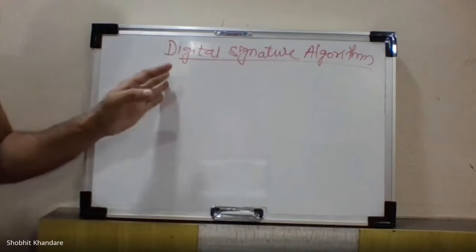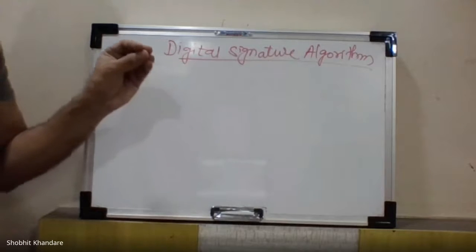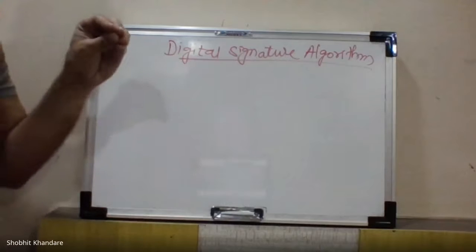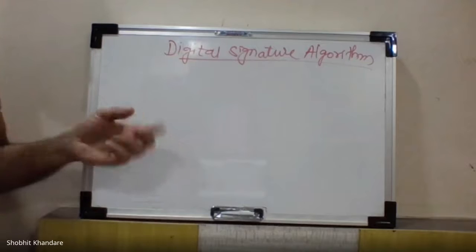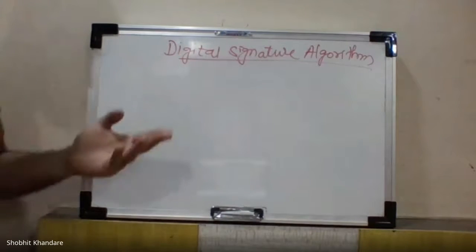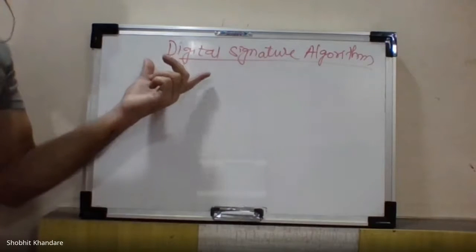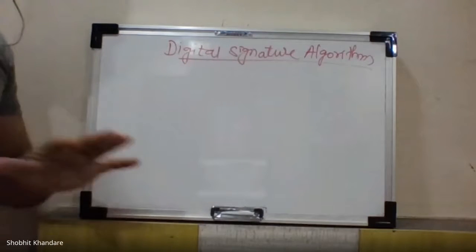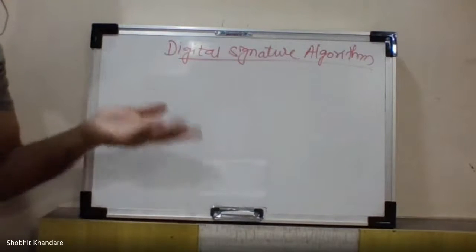What is a digital signature? A digital signature is a concept in which, at the sender side, we are using the secret key of the user for encrypting the message. Whenever you are using the secret key of the user to encrypt the message, that process comes under the digital signature. And you already know that the private key of every user is not shared. It is not publicly available. So what is available? The public key.